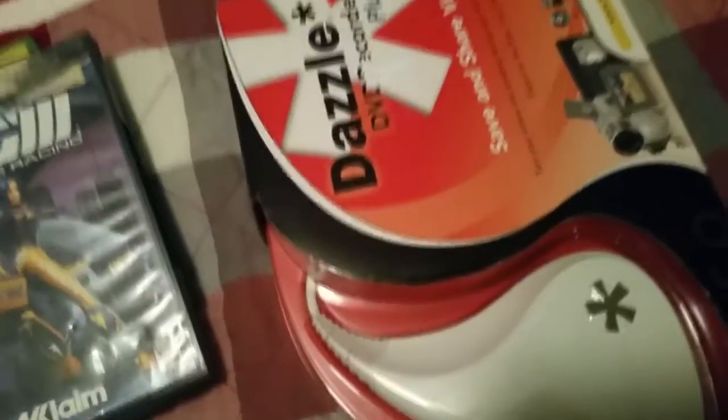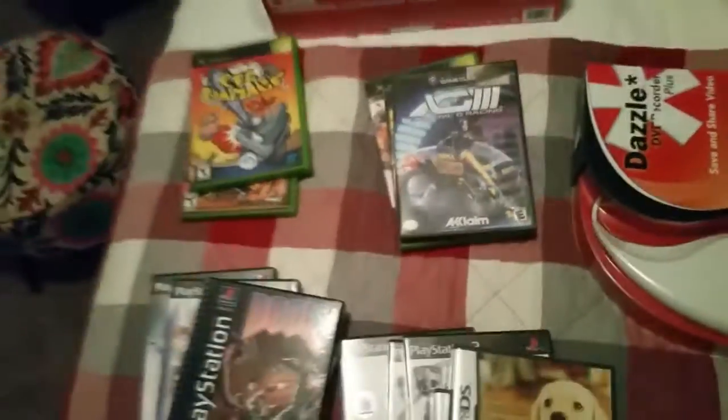And it's really a cool little thing. Legit. It's no Elgato. You can't record in HDMI or whatever, but it does the job well. Like, your GameCubes, your PlayStations, your PlayStation 2s, it's not going to get much better in terms of quality, in all honesty. So you might as well pick it up. But yeah, that's it. That's my gaming haul for March